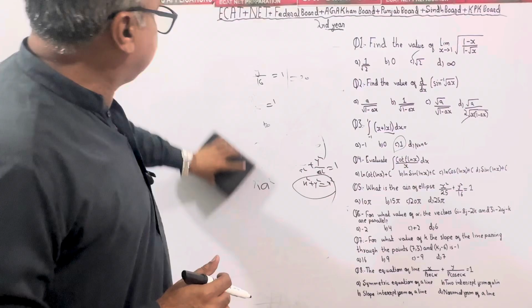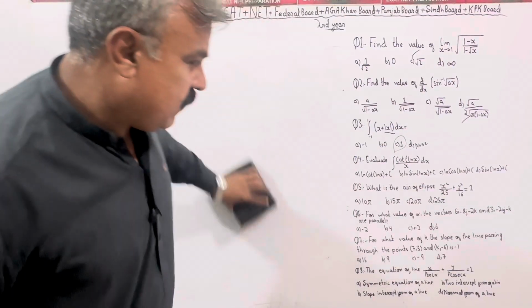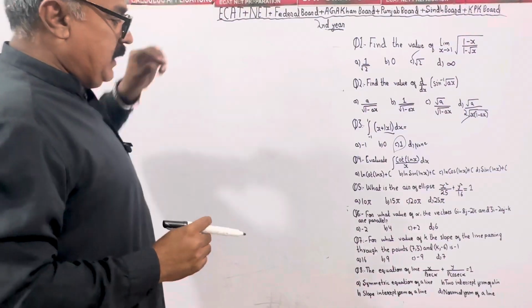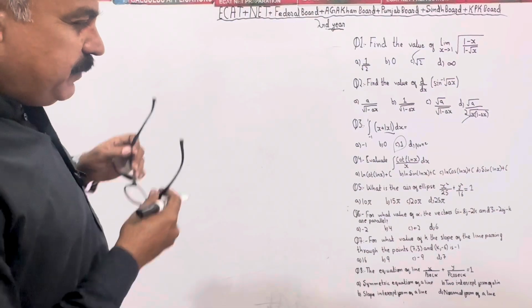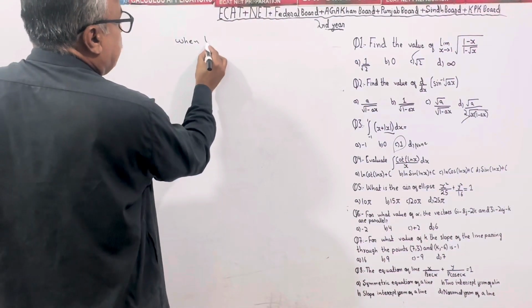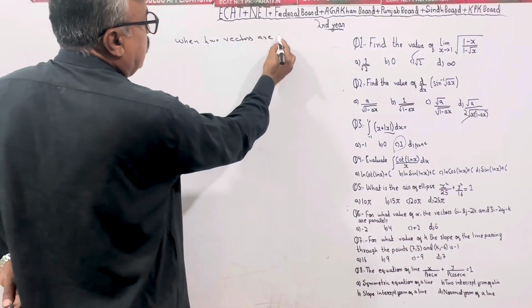Question number 6. For what value of alpha are the vectors parallel? We have already handled both cases. When vectors are parallel or perpendicular, it is based on parallel vectors. When two vectors are parallel,